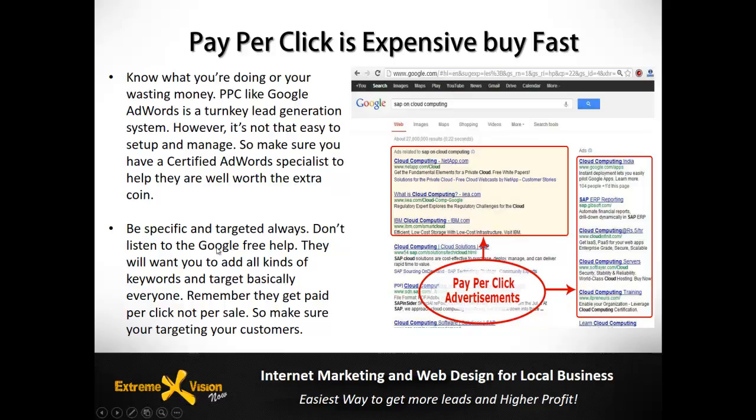The second thing is that you always do want to be targeted and very specific on your AdWords campaigns. And this really comes into a big dilemma that I've seen with a lot of companies: you don't ever really want to listen to Google for their free help. Some companies will sign up, or they'll hire somebody to sign up or to do their AdWords campaign for them, and then Google will call you on the phone and ask, hey, do you want some free help on making your campaign more effective? In reality, Google does not want your campaign being more effective,